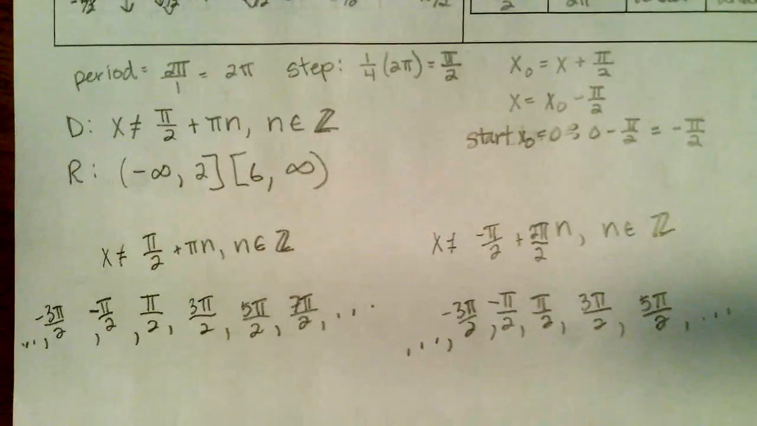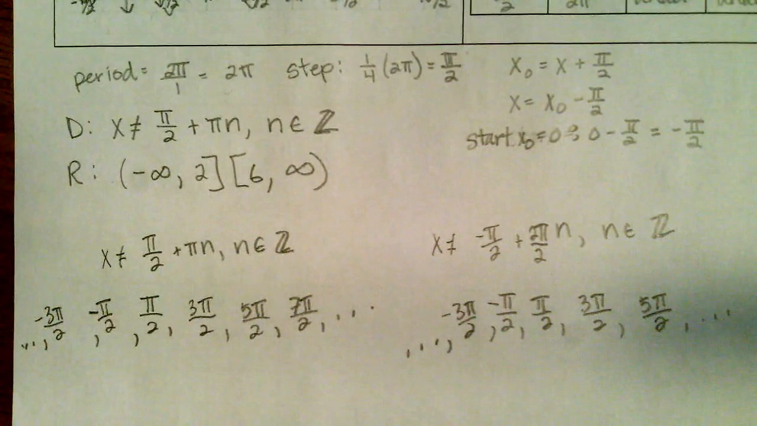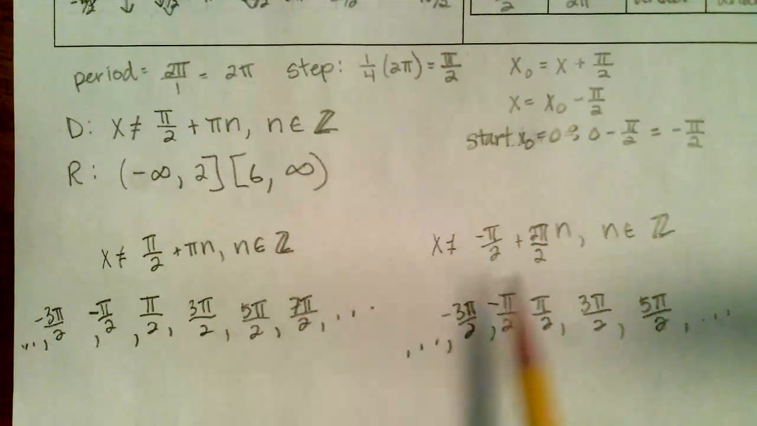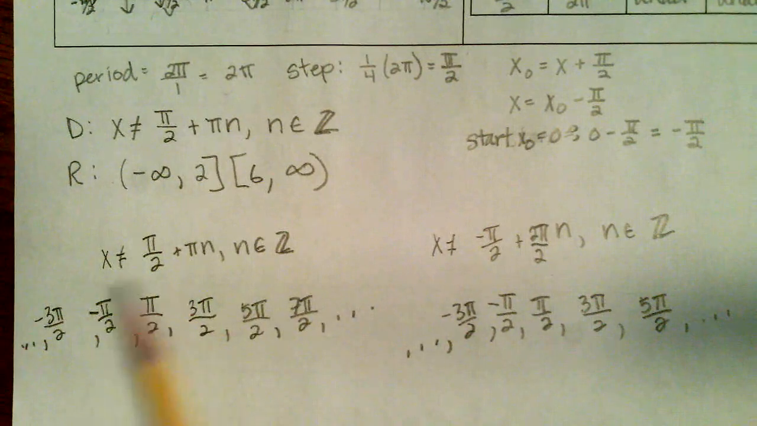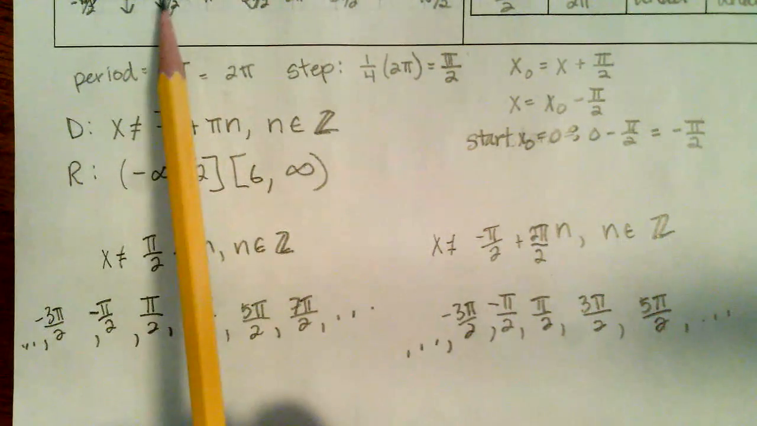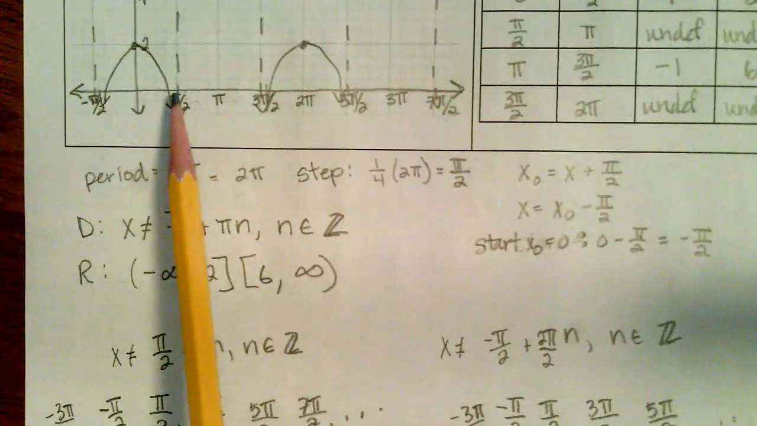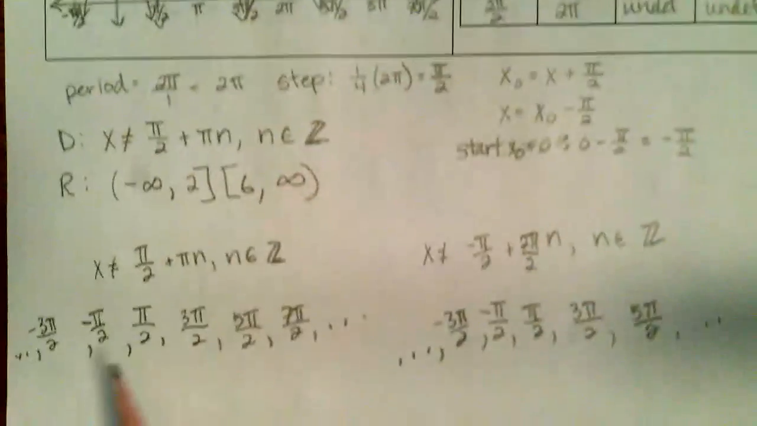What do you notice about these two lists? They're exactly the same. Okay, so there are multiple ways to write these lists. I don't mind which one you use, I'm just telling you that by convention, I generally look for my first positive one. Okay, because it's pretty easy